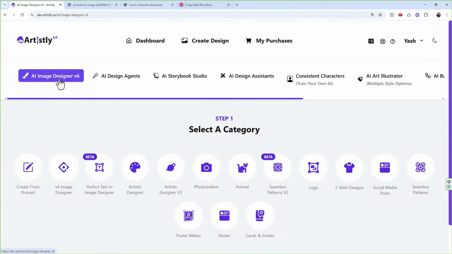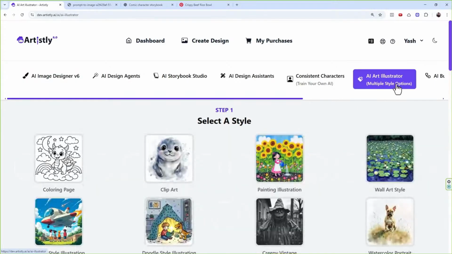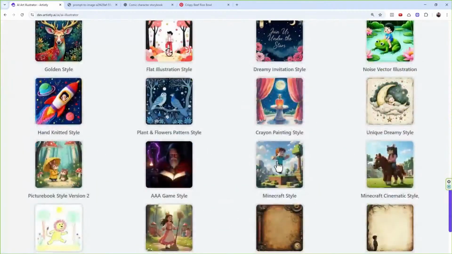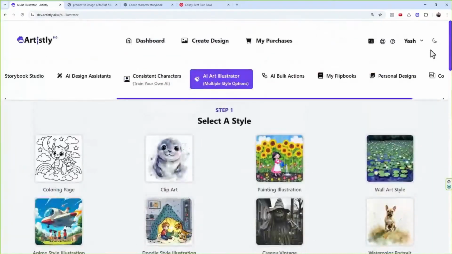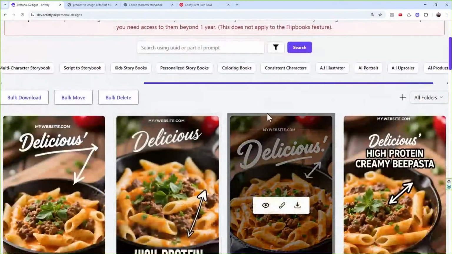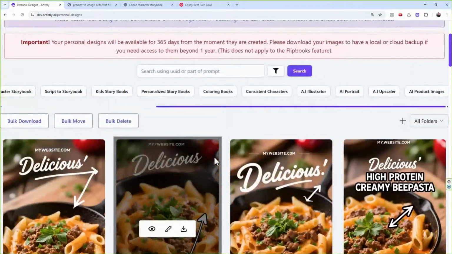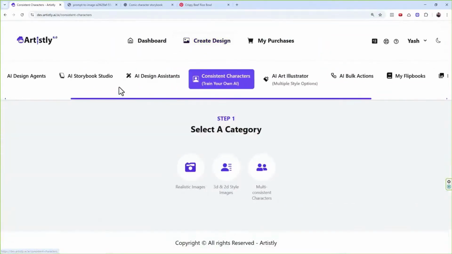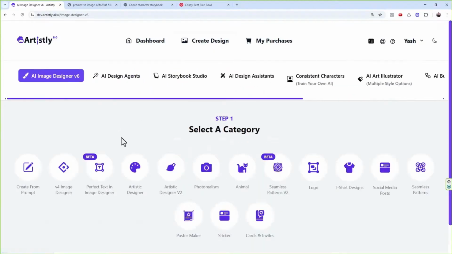Come to AI image designer V6. There are literally 6 or 7 different types of designers in front of you. Use them, right? You go to Art Illustrator, there are like 50 designers. Use it. The goal should not be, okay, this is better, that is best, or this is not good. The goal is, are you able to utilize it? Are you able to go from an idea to a finished design as quickly as possible by being on the forefront, by getting things out there faster so that you get results quicker, right? That's the whole point of it.